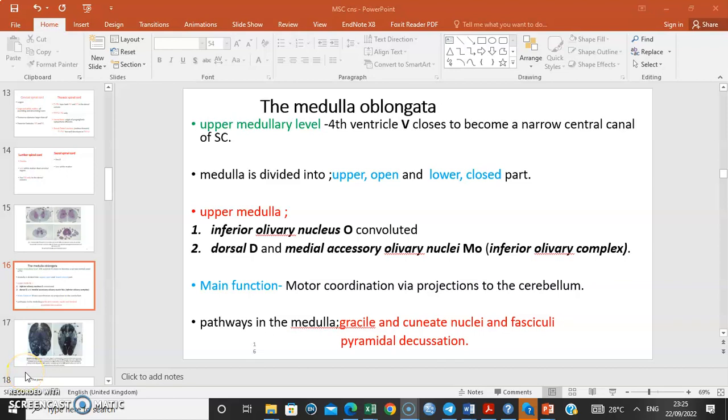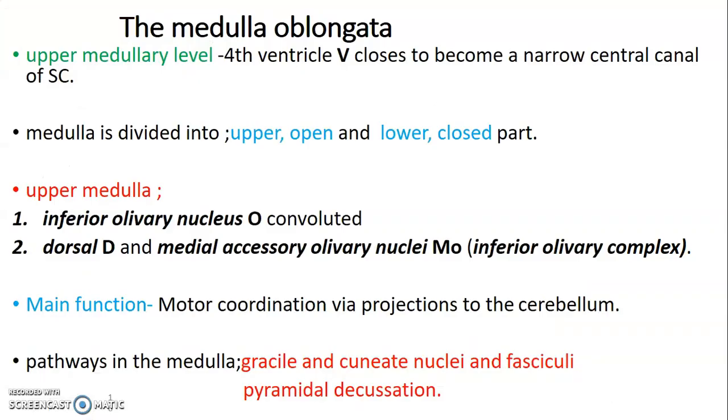And I'm going to continue on the histology of the central nervous system. So we had completed the spinal cord, and now we are on the brainstem. So at the medulla, the upper region, we have the fourth ventricle where it closes, and remember, it has to become narrow. We have the fourth ventricle in the medulla, but it narrows down to become the central canal of